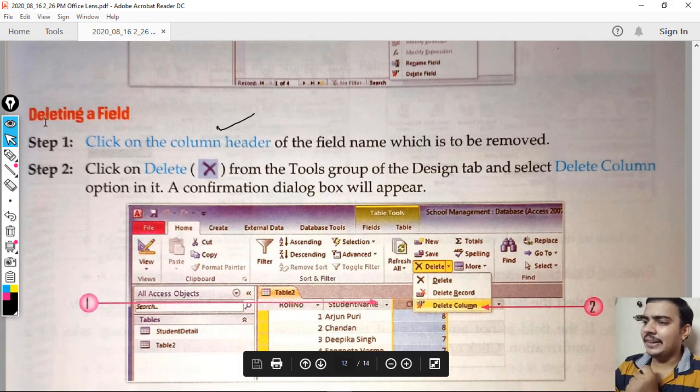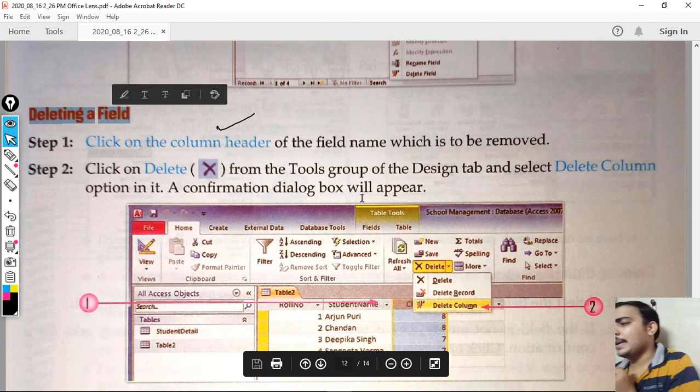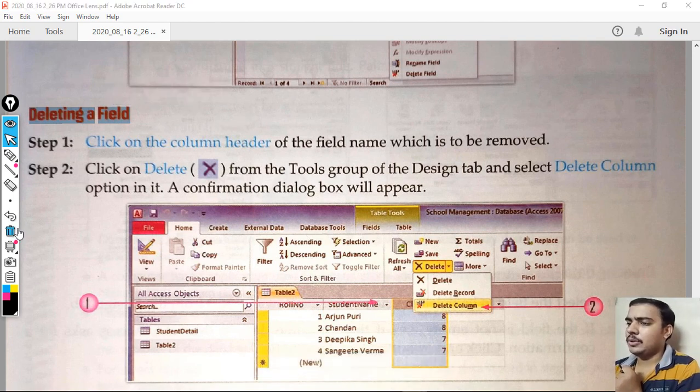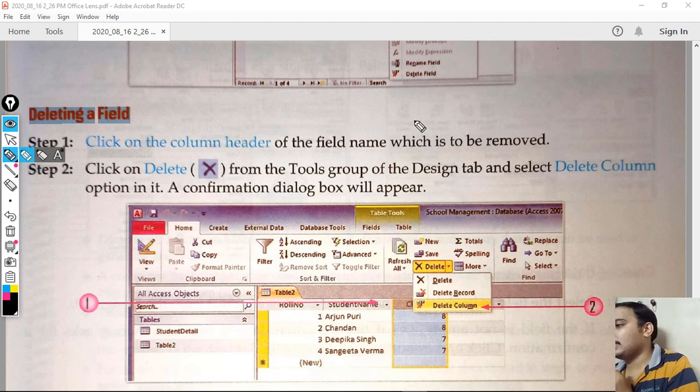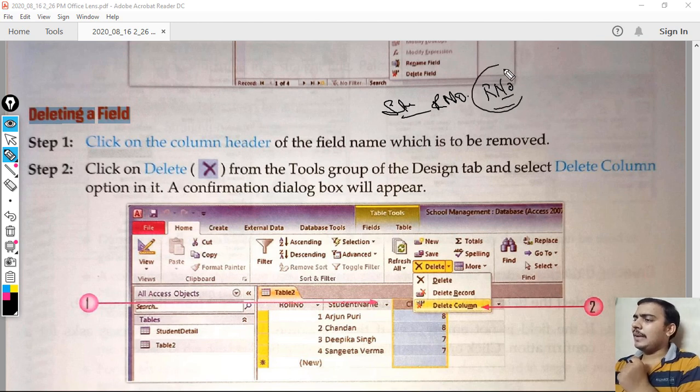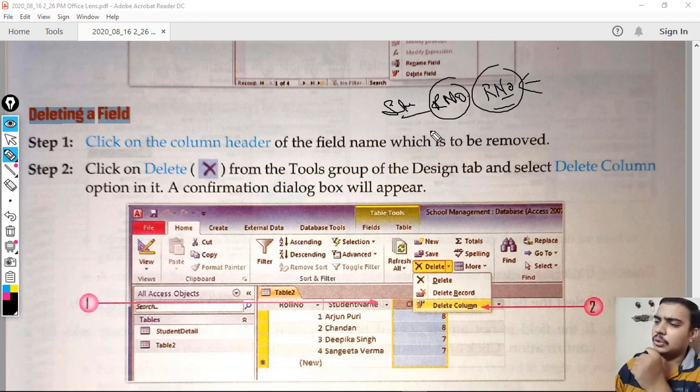Second is deleting a field. Now let's suppose by mistake you have created an extra column and you have to remove that. Let's talk about a scenario. Suppose I was storing some data in a table, fine, where I've created some columns, like one column was for students, second was roll number, then let's suppose by mistake I have created one more column for roll number. So because in our table I have created two roll number columns, now I have to remove one. So for that also I can use this concept of editing field. So here I will use this deleting a field option.